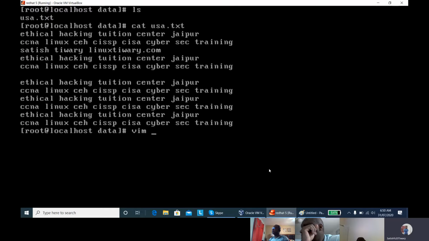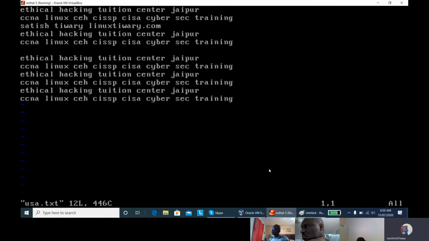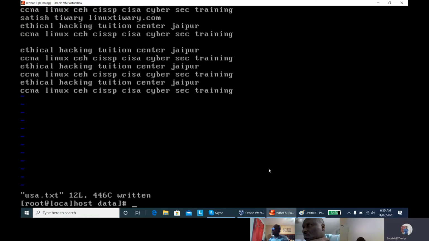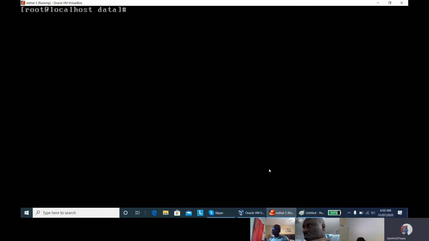And you can also see that anyone can edit this file using the Vim editor. Anyone can see the content of this file. It means this file is not secure. So the Vim editor is also helpful. Using the Vim editor, you can also encrypt the content of a file, or fully encrypt a file. It means you can give password protection to a file using the Vim editor. That's why the Vim editor is so powerful.